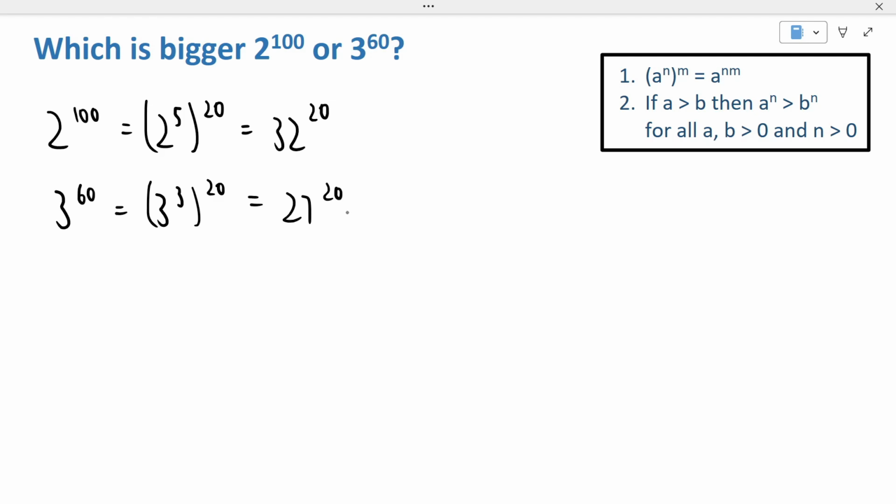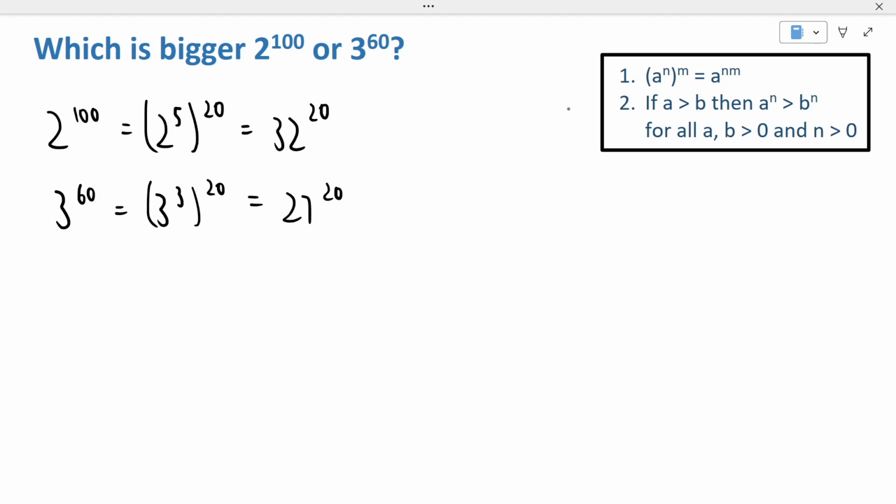Since both exponents are the same, we can use the second property here that if a is greater than b, then a to the n is greater than b to the n for all a and b greater than 0 and n greater than 0. This basically means that as long as both bases are greater than 1, and we are dealing with positive exponents, then if we have two expressions with the same exponent, then the one with the larger base is the larger